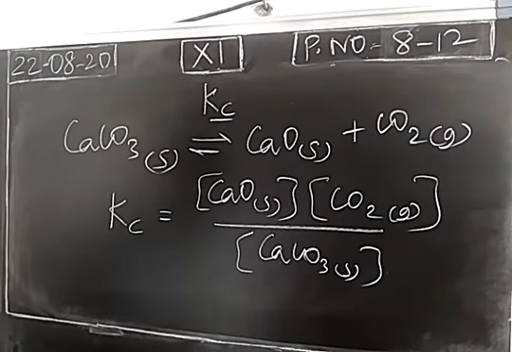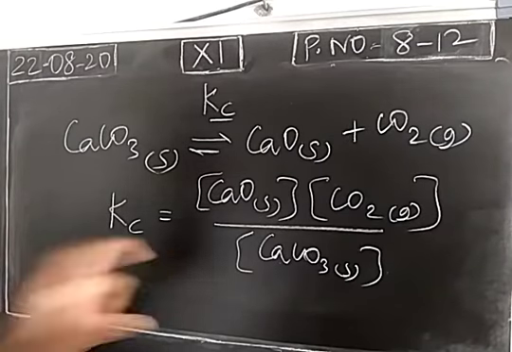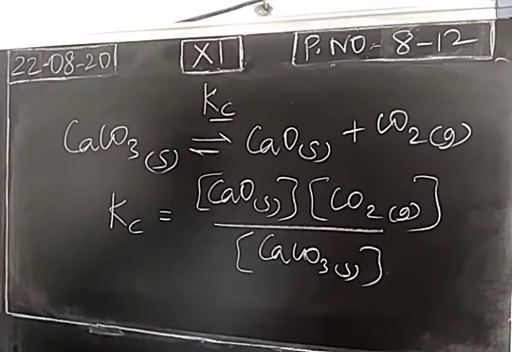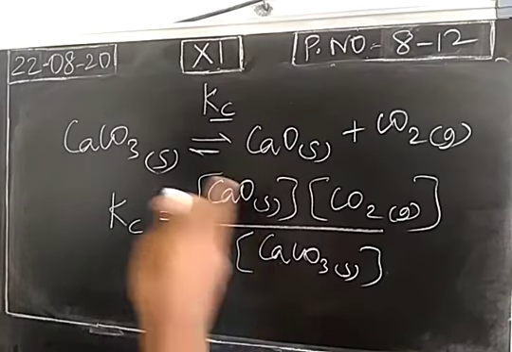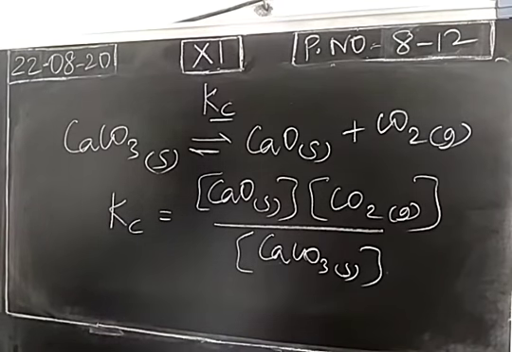Generally in case of pure solids and pure liquids, concentration will be constant because the molecules are closely packed. What about gaseous molecules? Gaseous molecules are escaping, randomly they are moving, right? But in case of solids as well as liquids, the molecules are closely packed. Easily the molecule will not escape. So the movement of gaseous molecules will be in a random manner. At the same time, solids as well as liquids cannot escape from the container. So pure solids as well as pure liquids, whose concentration is always constant.